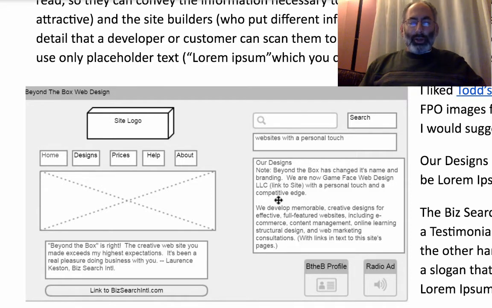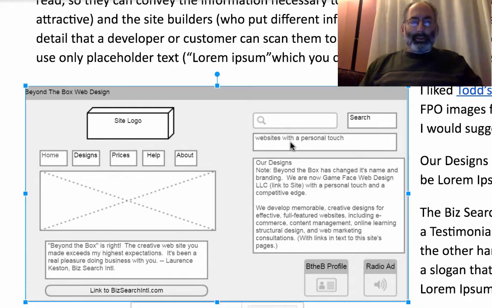But this text here I would have made lorem ipsum, which is Latin that people just put in for filler. Because a wireframe, you shouldn't ever want to read a wireframe. You should only want to scan it and get a sense of it. This is the